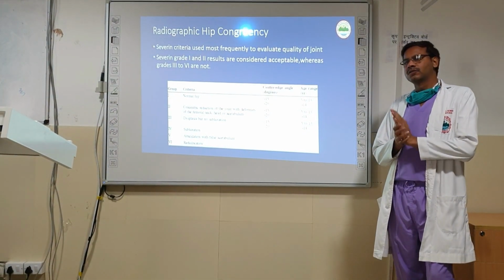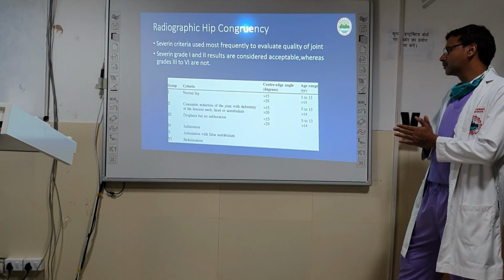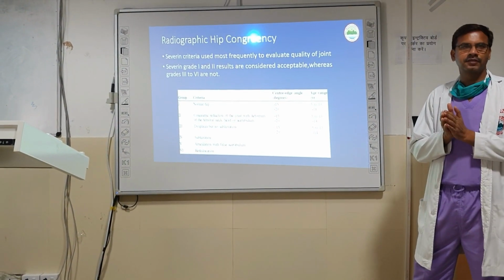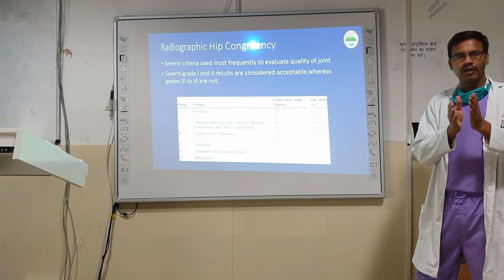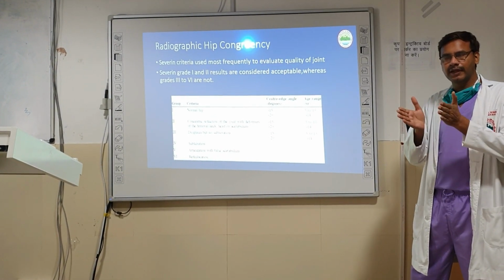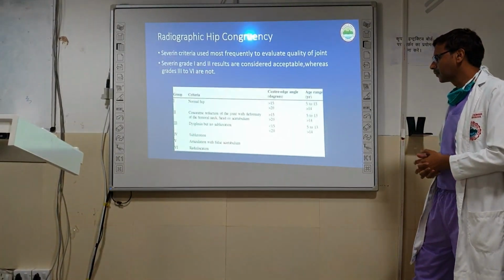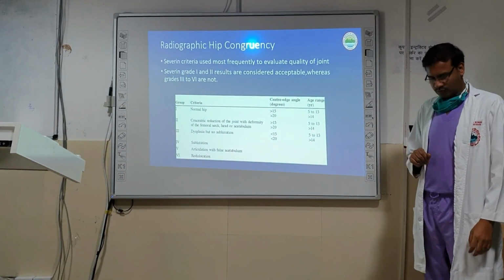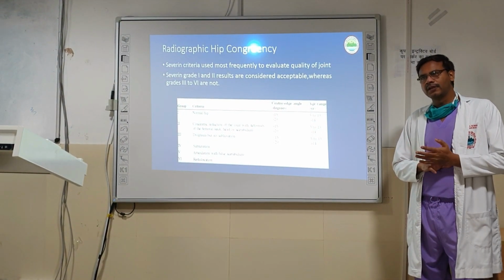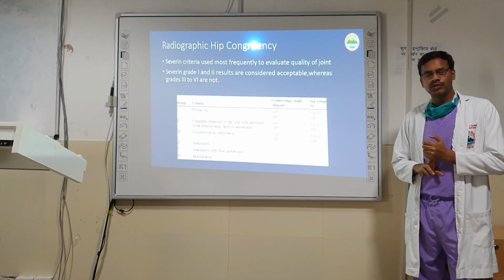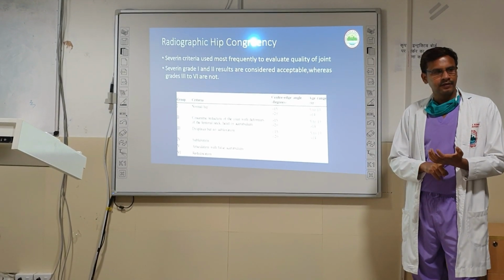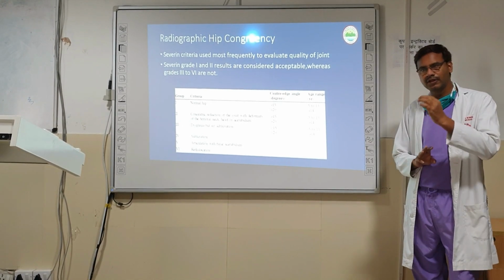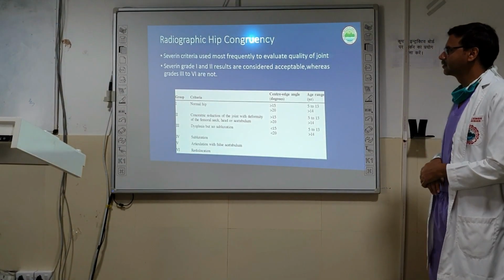Okay. So center edge angle, if it is more than 15 or 20 degrees, that means the femoral head is more medialized. It is more inside the acetabulum. While if it is more lateralized or subluxating, the angle will be lesser. So depending upon these conditions, there is Severin's grading. So whenever we write in OPD the follow-up of the patient, we should always write McKay grading, Severin's grading, and whether there is any AVN or not. So these three things should always be mentioned. Next.